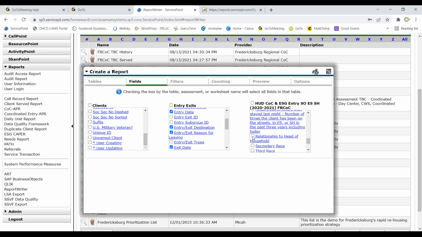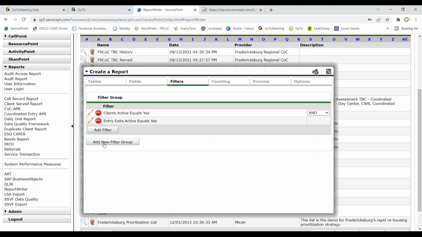So maybe I want to look at, let's say I'm going to do a report on what was the race of people and how long they stayed and where they left to. So I'm going to do race and all of the information regarding their exit. Now for the filters,